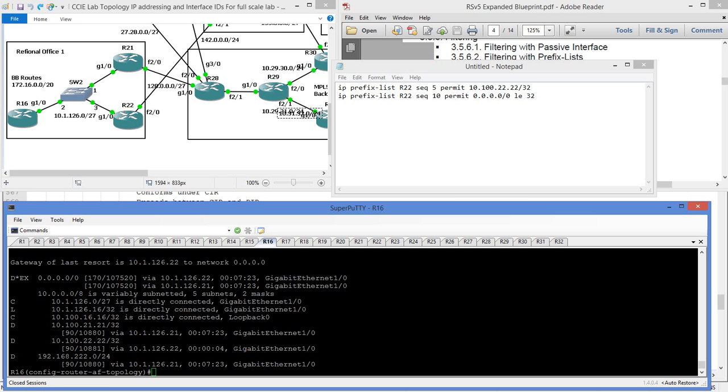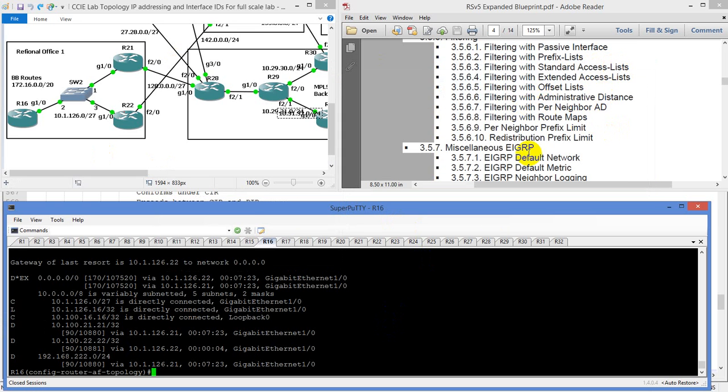So, I'm not sure exactly why that's not working. That actually bothers me because I've used it before. With RIP, it's easy because it's just an offset list and you point it. But anyway, let's not get stuck on that. I just wanted to see if there's a quick way to fix that. Now, with per neighbor AD,